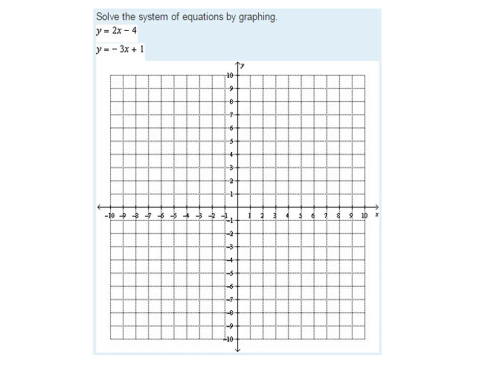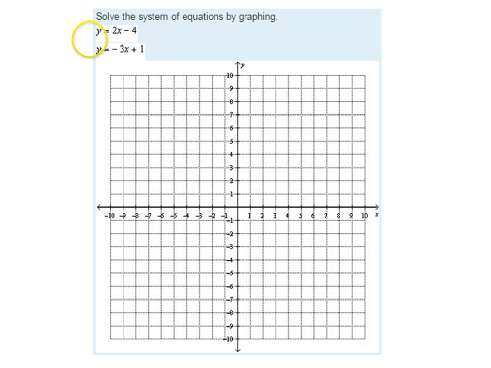So on the screen here we have a system of equations. We have the equation y equals 2x minus 4 and y equals negative 3x plus 1. There are two equations, and if we have two equations, that is called a system of equations. And our goal here is to find out what point these two equations have in common. If we graph these lines, they will intersect at a point, hopefully, and where they intersect is the solution to